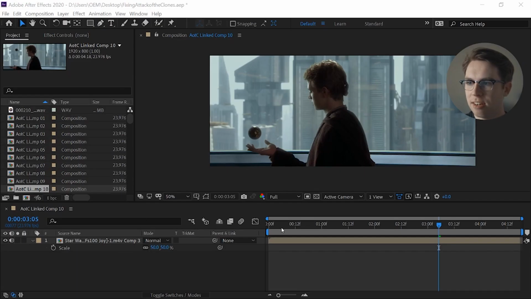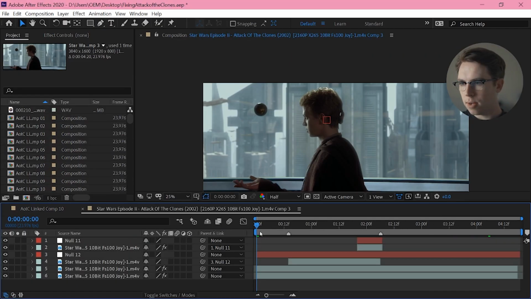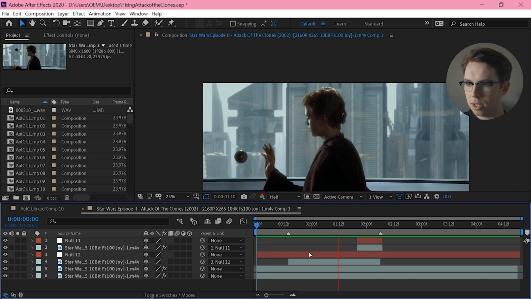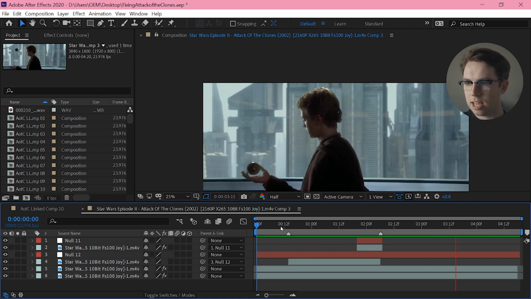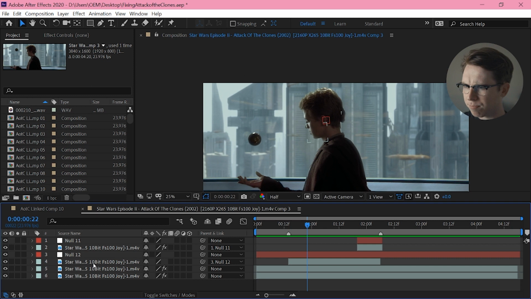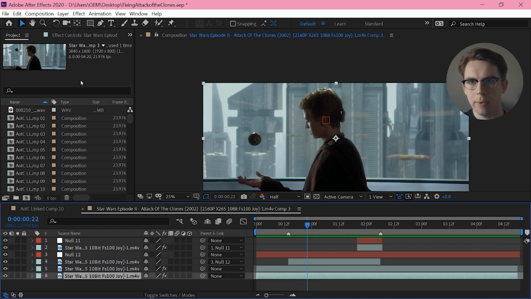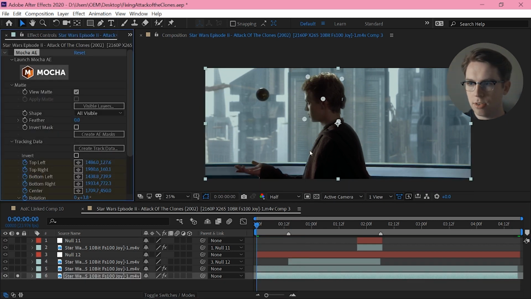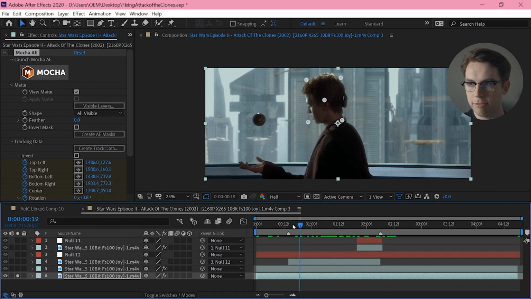Alright, shot 10, a face replacement. Let's open it up. So I've marked out the areas between the start and the end of what I want to replace. Might have brought that in from Premiere. So the very first thing to do is to just track the face movement, the whole head movement.